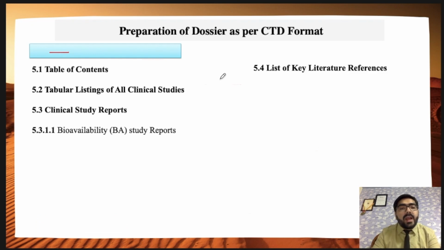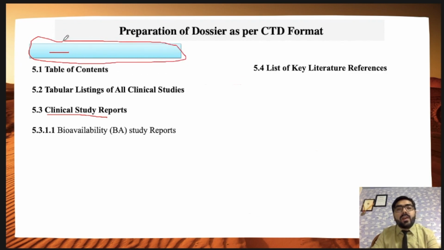So in the clinical study reports, there are different sections. So guys, this is module 5, I forgot to mention it, so please write accordingly. Okay, so this is module 5. So module 5 contains the clinical study reports. So under the clinical study reports, like